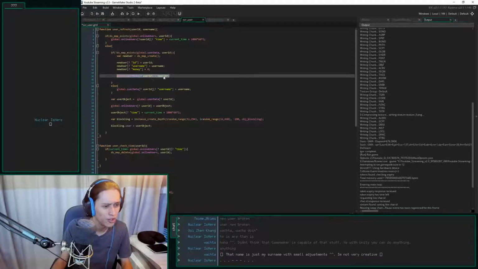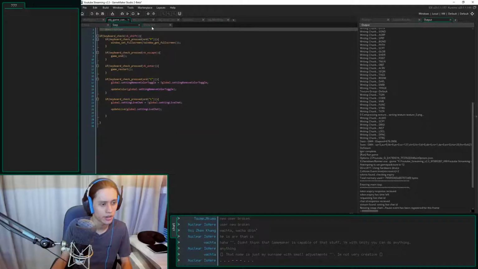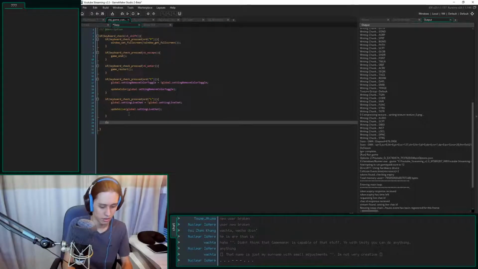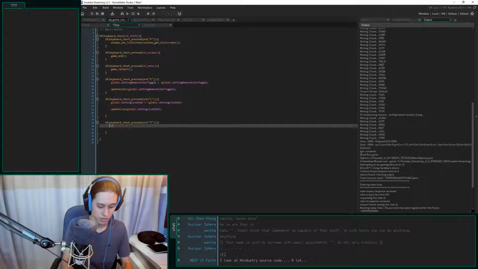Username, global.userdata, user ID. It should be saving it. I am going to go ahead and create a command. If keyboard check, just copy this. I'm going to make you on T, and I'm going to clog.